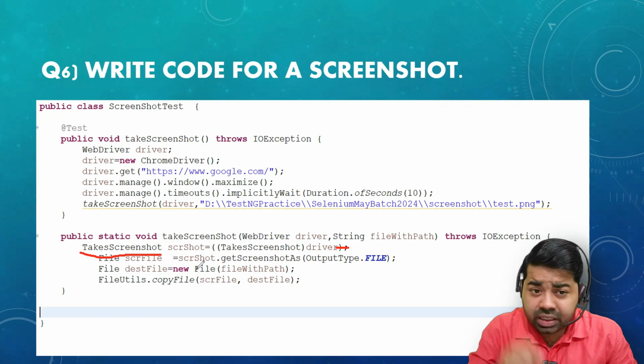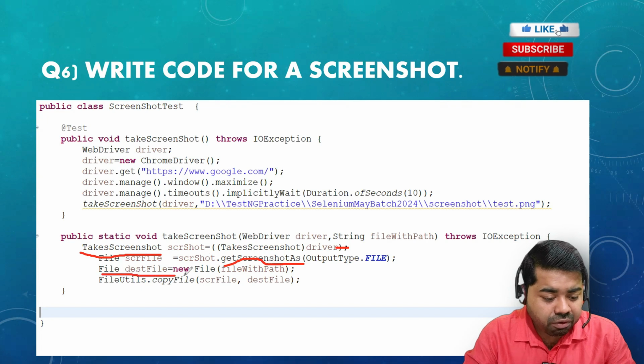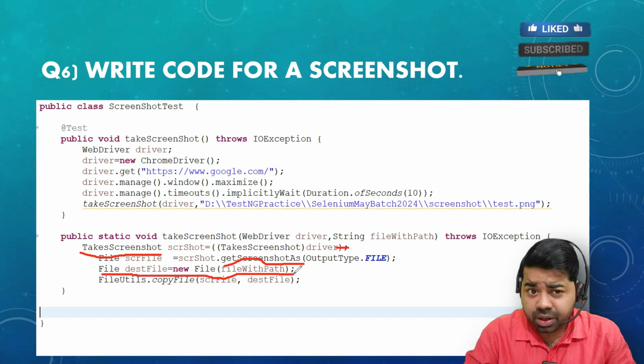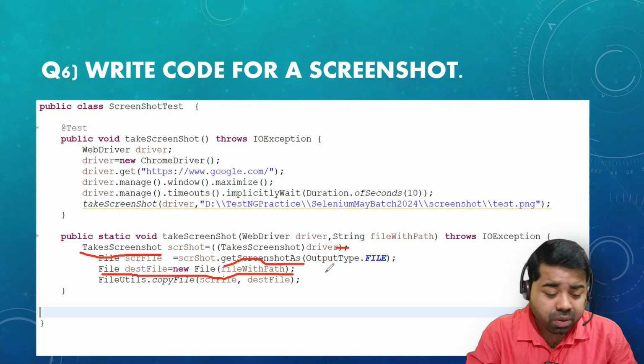Inside it we have a method called getScreenshotAs, and we pass the argument OutputType.FILE. It returns a file, and we create a file object and give the path of the file.